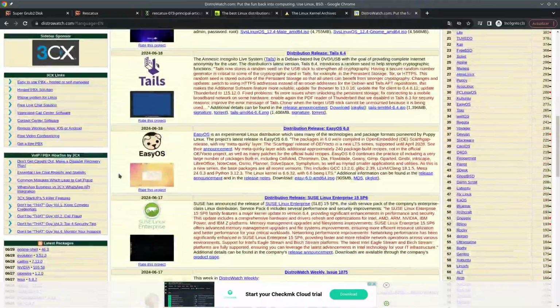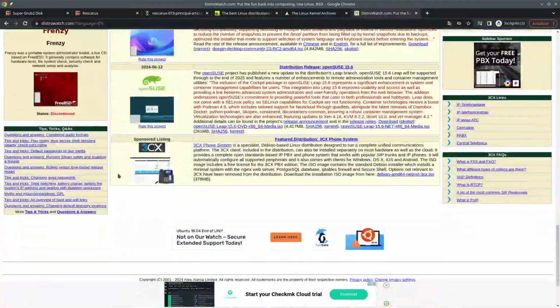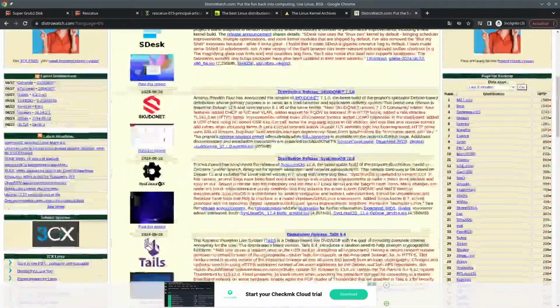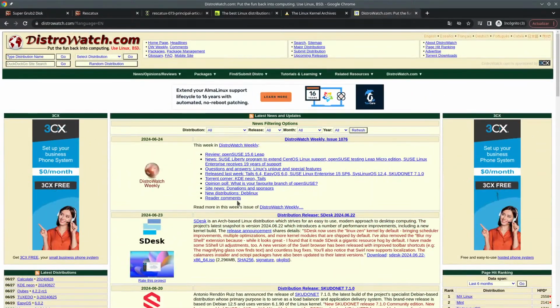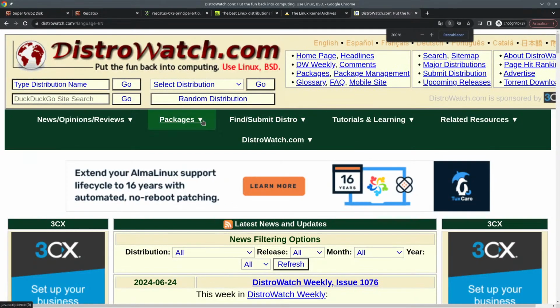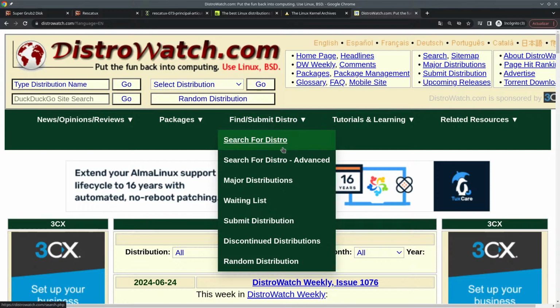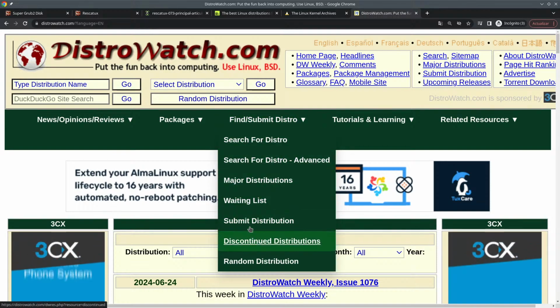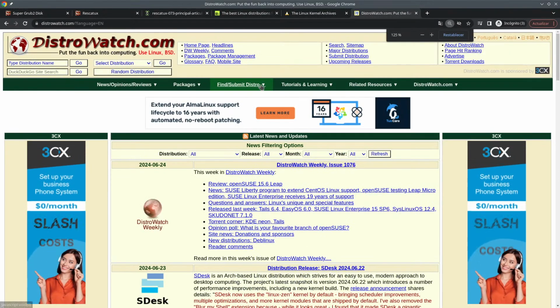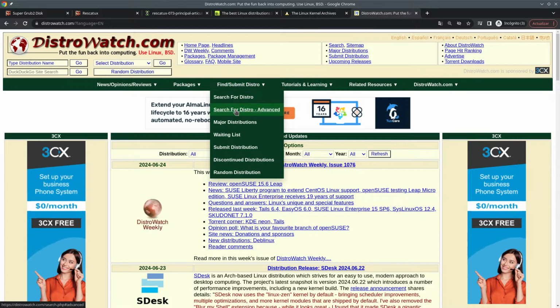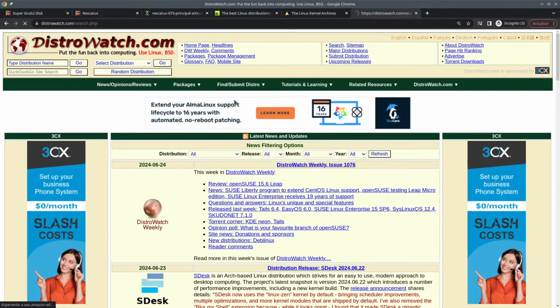There is a way of getting the different types of distributions, okay? And it's not as easy as, okay, look at that. Search, so find submit distro here on the top, okay, and then you go for advanced, I guess, or search,